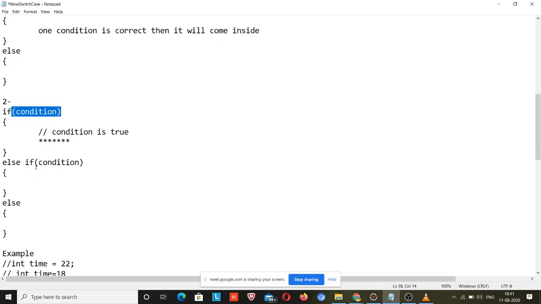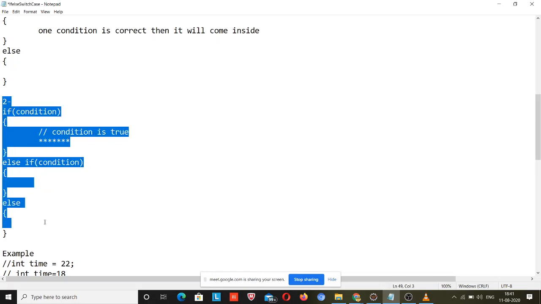You can use an integer and a string in a single if statement, but there may be certain conditions where you can't do it. For that you need to use multiple if and else, or you can say nested if else. So these are the basic syntaxes that we normally learn in college.